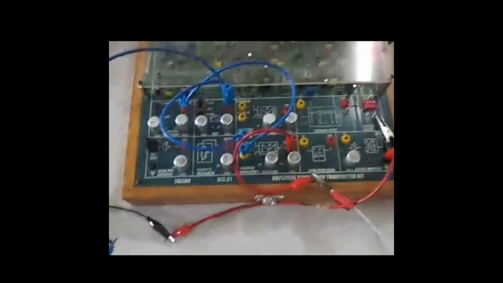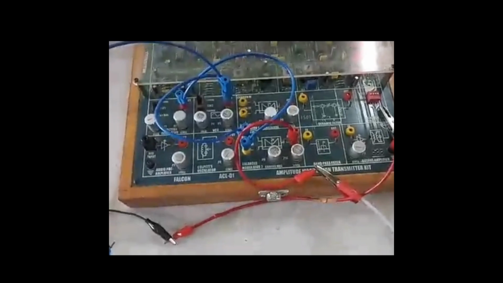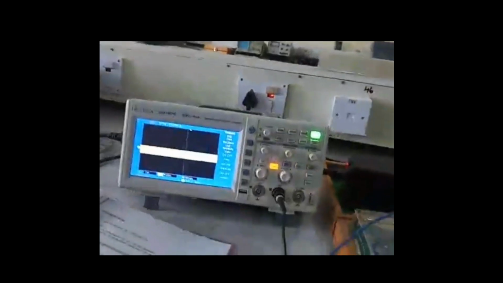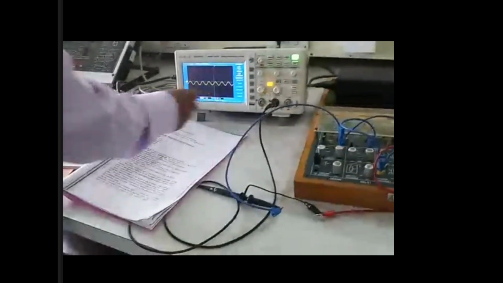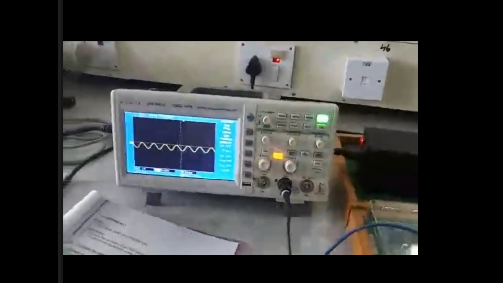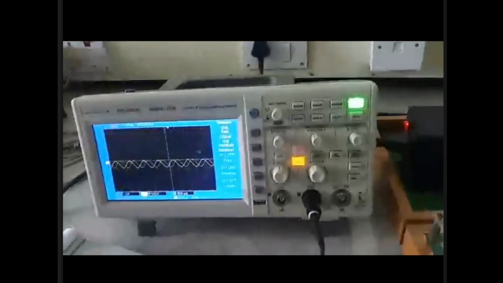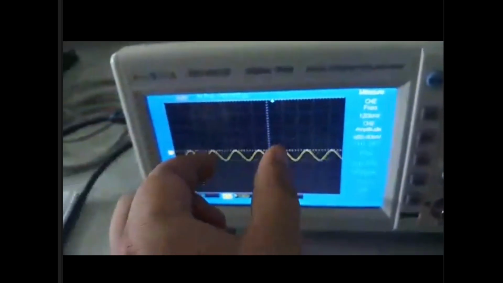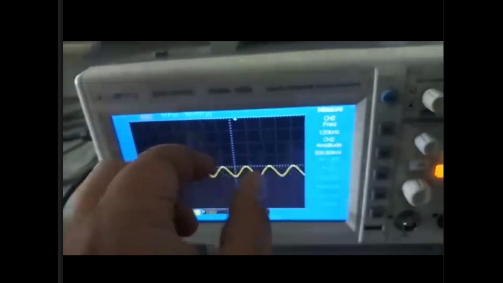This is the ACL01 kit. We are going to use this one to perform our experiment. Okay, this is the input source, the function generator. Now previously we had the old function generator where we don't have this screen available. We only have the knobs and we have a digital display that shows the number and what should be the frequency and all those things.